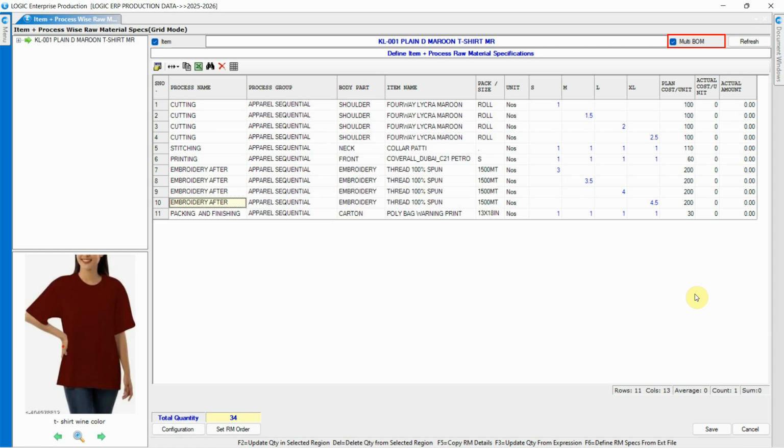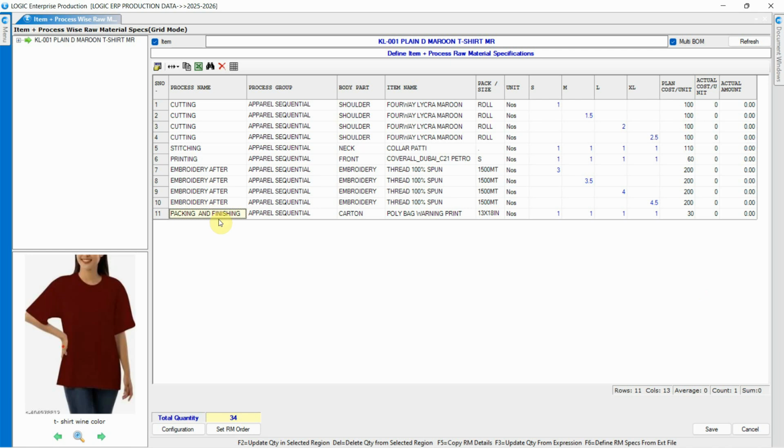This option is used when a product requires multiple internal production stages, where semi-finished components need separate or independent production orders. For example, if producing item A requires the creation of item B and item C, each with its own independent production process, the use of a multi-BOM becomes essential.